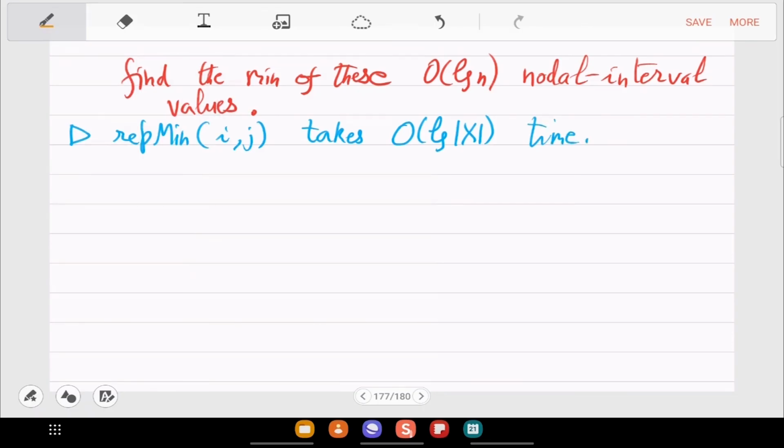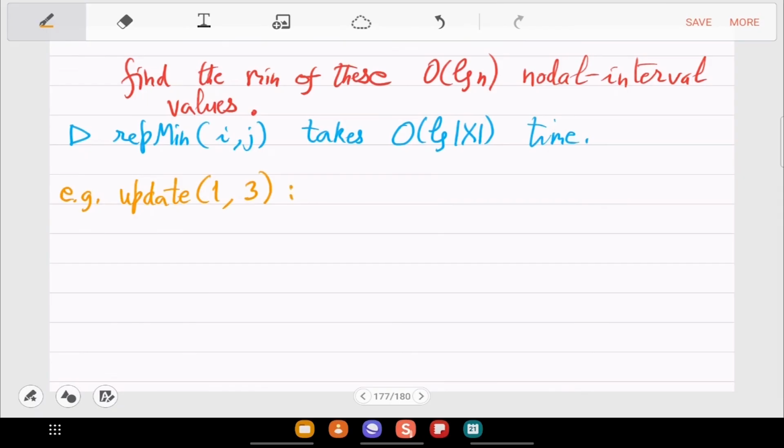Okay. How do you update now? So let's say you want to update index 1. You want to make it, let's say, 3.